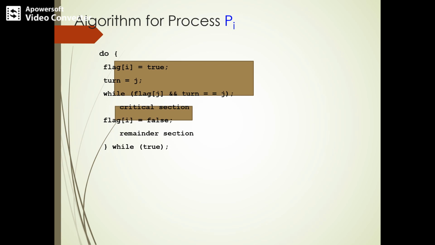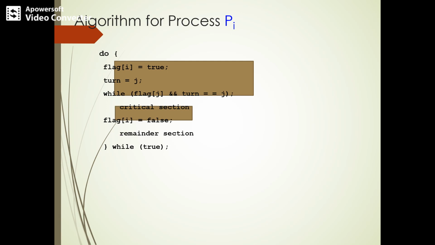When both are satisfied, that is, if process Pj is ready to enter the critical section and process Pj is allowed to execute in the critical section, do nothing, because we are looking at process Pi. Even though process Pj is ready to execute in the critical section and it is process Pj's turn, it has to do nothing.